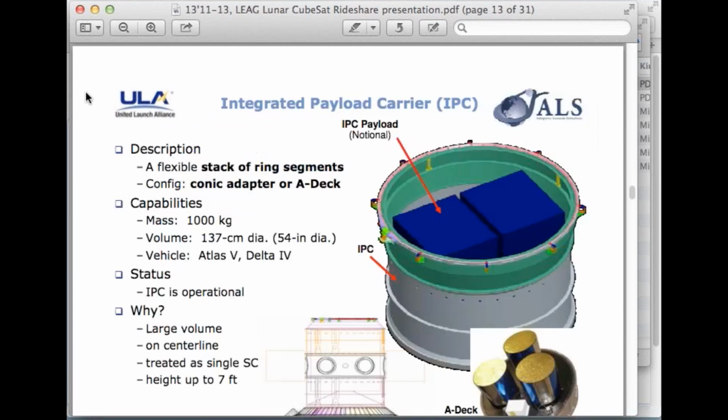Another thing we've been working on is the ABC deck, or ADEC we call it. It's Aquila, it's the new name for it, but it's a platform that can sit inside of the C-rings. We always have to have a ring that we can lift the primary payload stack to put it onto the rocket. So this is using the internal volume of that ring stack, and once the primary payload is separated off,